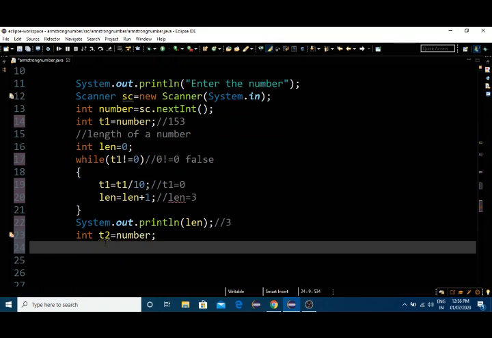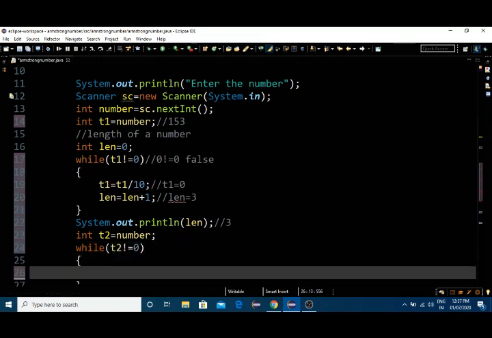Now let me take, we need a remainder also here, so I'll be taking the remainder equals to 0, or else let me start the program, afterwards we can give it. Let me take a while loop and t2 not equals to 0 initially. Okay, fine. Let me go inside.